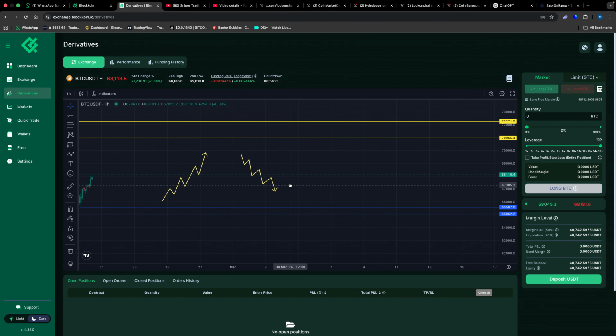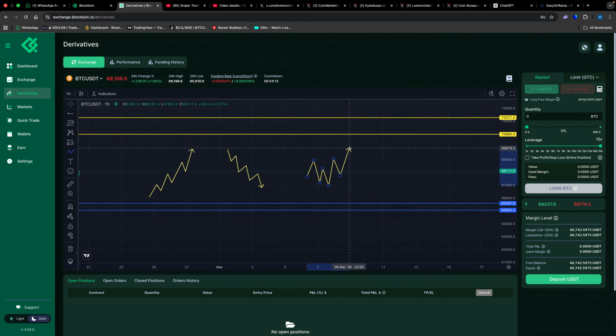And thirdly, we have our ranging market, which is basically just sideways movement, not giving us any clear direction. That we'll get into probably in lesson 4, but for now let's just look at bearish and